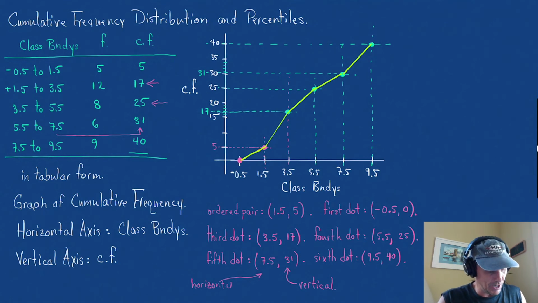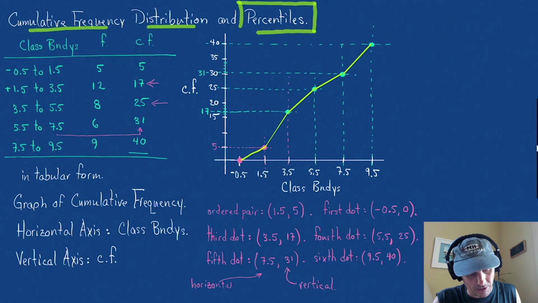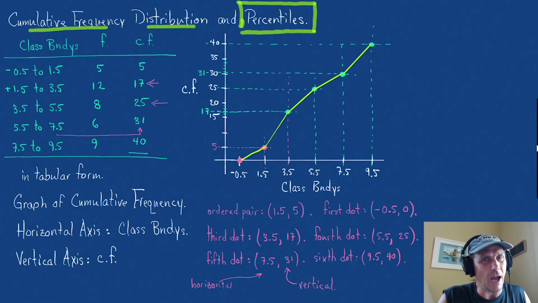Our goal, I'm going to highlight it, was one, to make the cumulative frequency distribution. We did that. Here's what remains. Now, I didn't write a word in here, but at this point, we can just estimate. So we're going to do that. We're going to estimate a percentile rank. But what we've done is